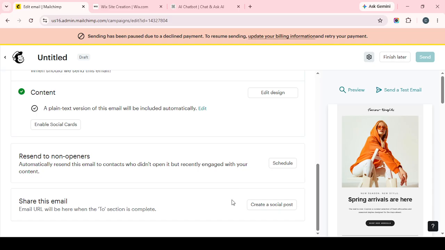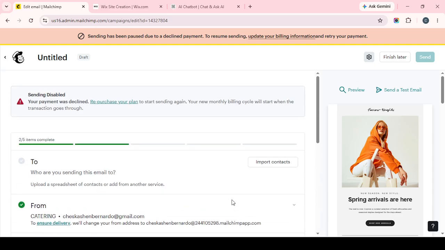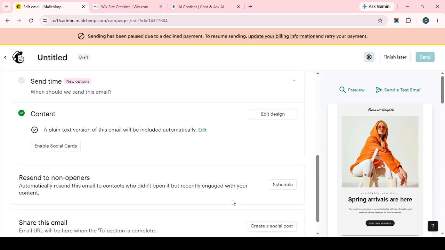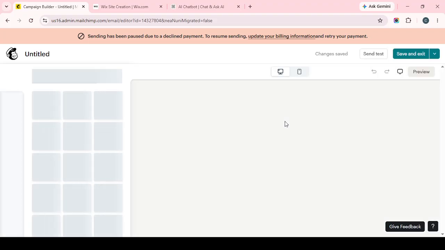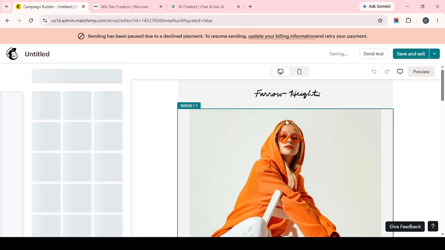Once all 4 sections are complete and marked with green checkmarks, go to the top right of the application screen and click Send. This takes you to the final confirmation stage, which is there to help prevent accidental distribution. A modal pop-up box will then appear asking you to confirm the send action. Click the Send Now confirmation button to proceed. At that point, the system will begin processing the campaign for distribution. After sending, remain on the platform and watch the update